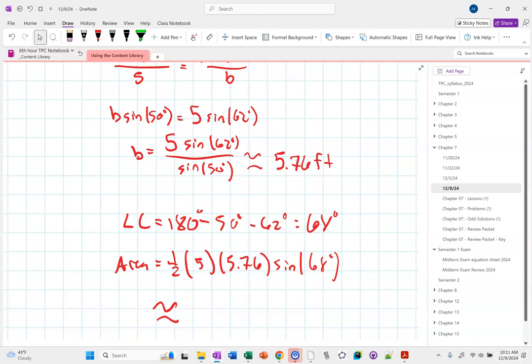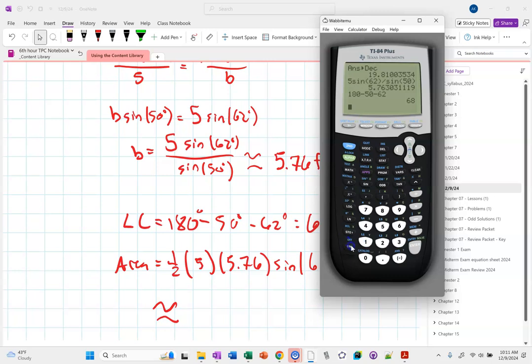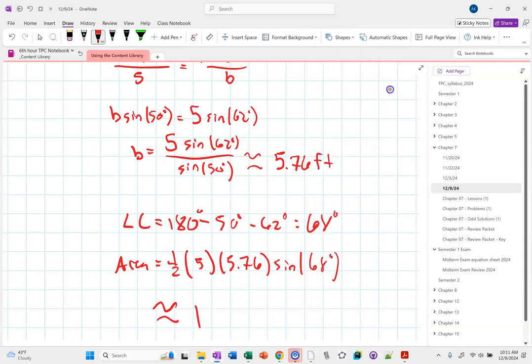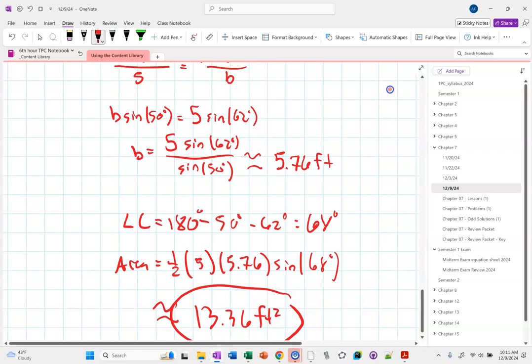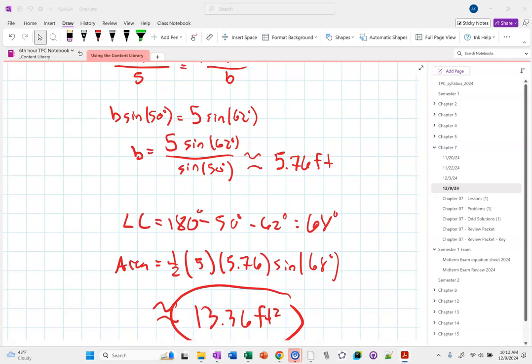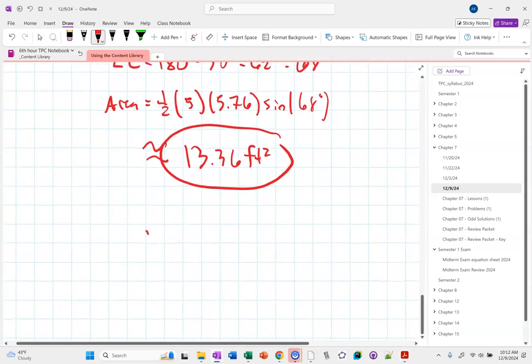And I can't remember if that happens in the homework or not, to be honest with you. But that's the worst case scenario. That's as hard as I could possibly make it. So I get about 13.36. What do you guys think? You know, no big deal, right? Hopefully,